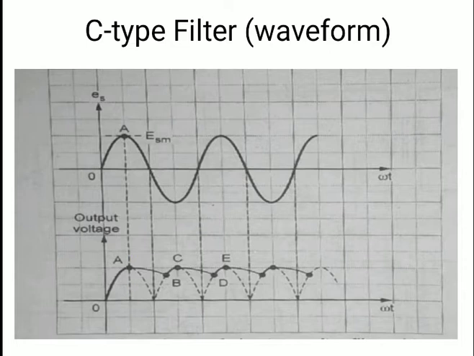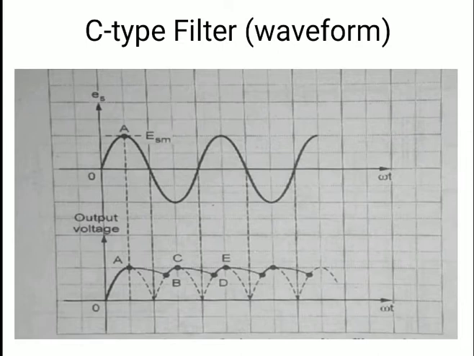And what happens after that point? After that point, you can see this dotted line is going towards 0. It means the power supply is off. So just like a mobile, the capacitor will start discharging slowly. At point B, it is again getting voltage, so it will charge again up to the point C. But at point C, your rectifier output voltage will again start to decrease and will ultimately go to 0.